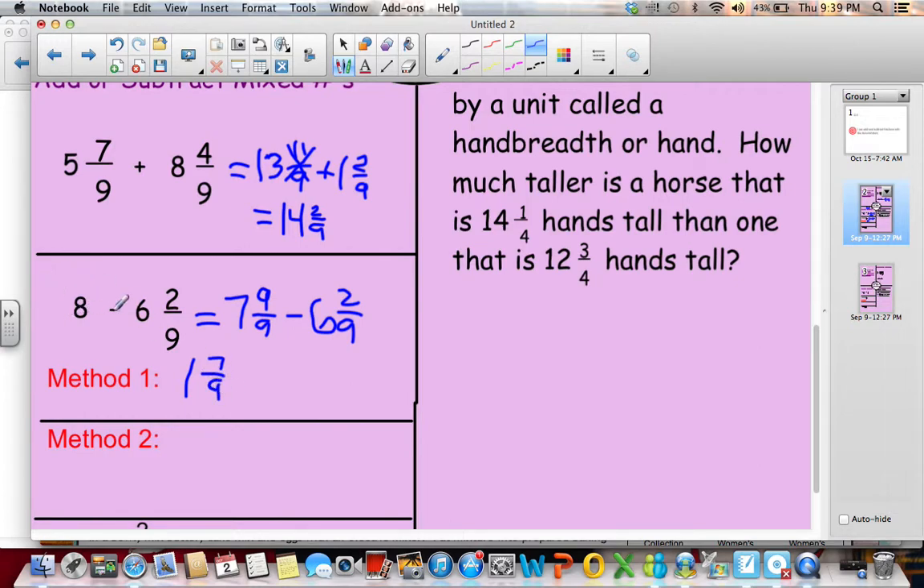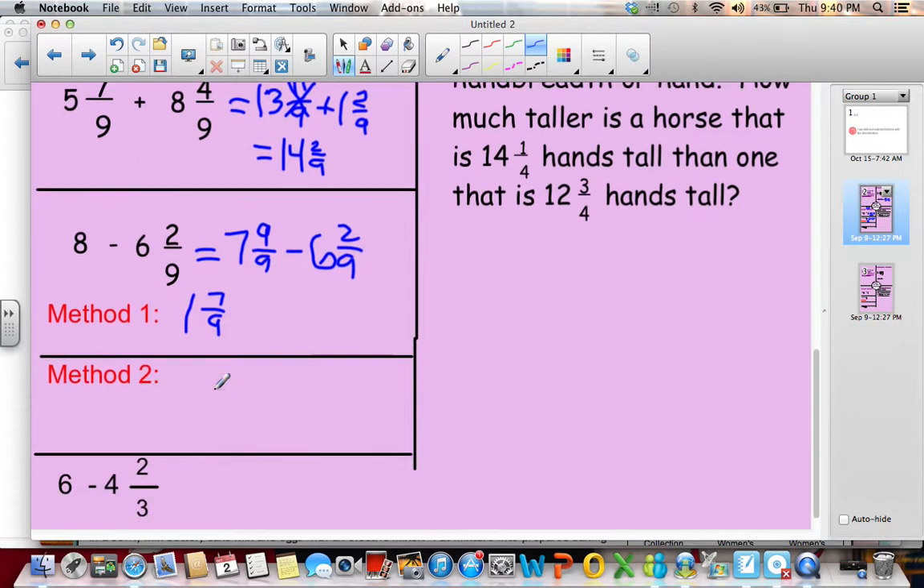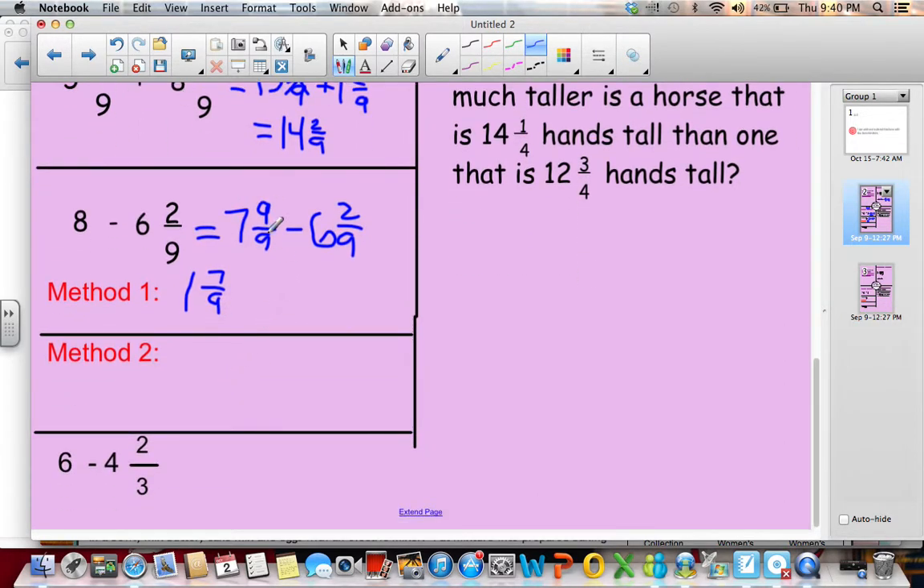Okay, if you think about this in your head, if you take 8 minus 6 and you have 2, and then you subtract 2/9 away from that, so you're going towards 0, so less than 2. If you're taking 2/9 away, you would end up with 1 and 7/9. Okay? Another way that you can do this, if this is a little bit confusing to you, I can change